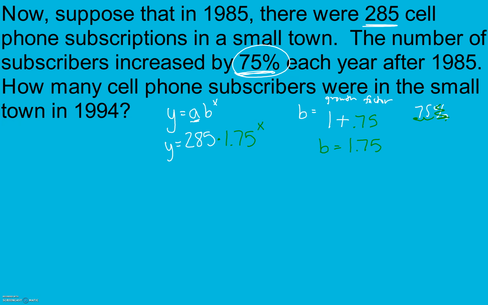Now, it says each year here, so we need to figure out how many years. I have 1994 minus where we started, 1985, and that's going to give me 9 years. So 9 is going to be what I plug in for x. y equals 285 times 1.75 raised to the 9th power. Here, this gives me approximately